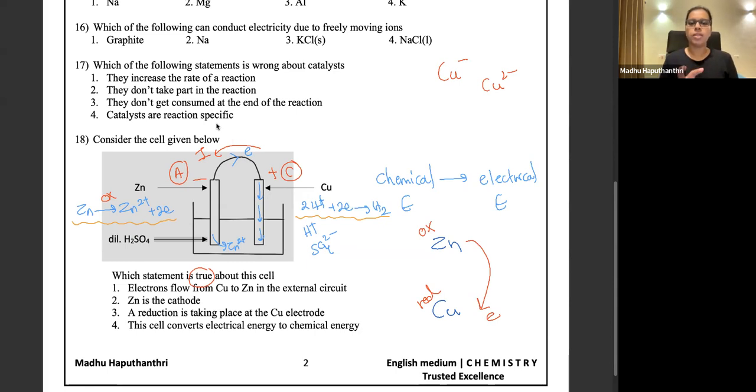Electron flow starts from the one that is undergoing oxidation. If the one undergoing oxidation is on this side, I'm not using my hand here because you are seeing it the opposite way, so I'll explain from the picture. If the one undergoing oxidation comes here, electrons go from here to here. So basically, get the idea: electron flow starts from the one that undergoes oxidation. Okay.